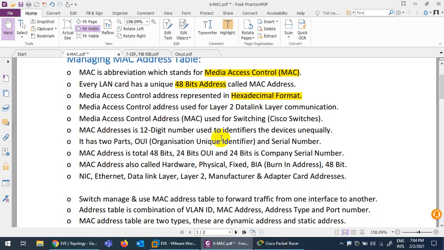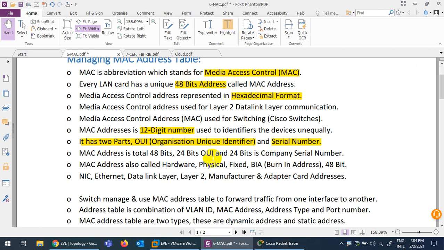Our switches, managed or unmanaged, don't care about anything else. It's a 12-digit number; in digits it is 12, but in bits it is 48 bits. The first 6 digits are called the organization unique identifier, and the rest of the 6 digits are changed by the company.